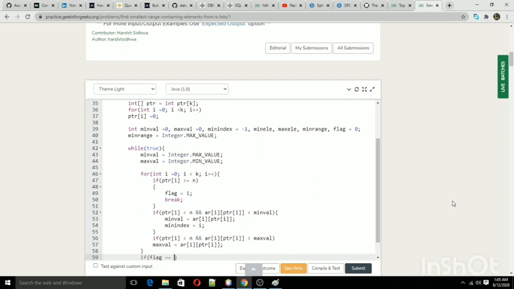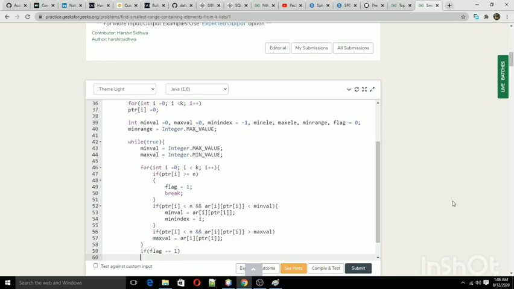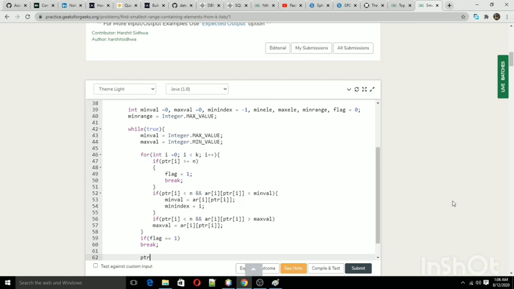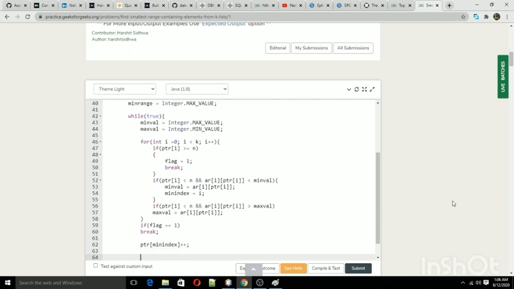Okay, now coming out of this loop, we will check if flag is equal to 1, then break the loop. Later we update the minimum index with 1. Now we come to our main task, that is checking the maximum val minus minimum val.